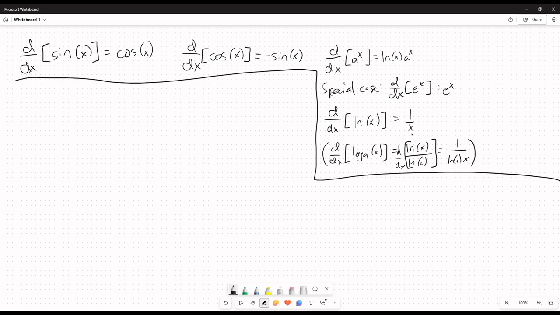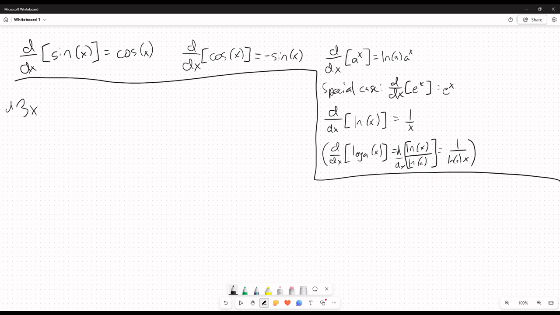Since we have derivative rules that let us add and subtract functions, and also multiply functions by constants, this handful of rules allows us to now do a whole bunch more. So let's do some examples. Let's look at 3x